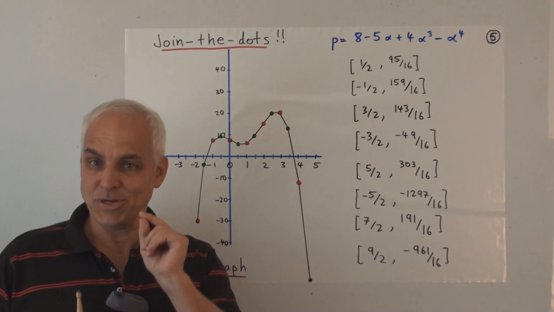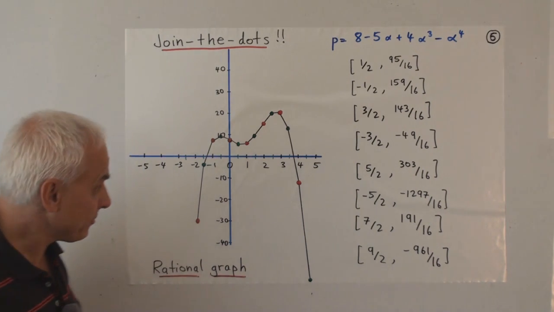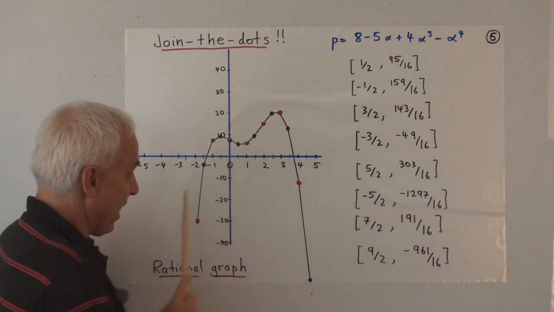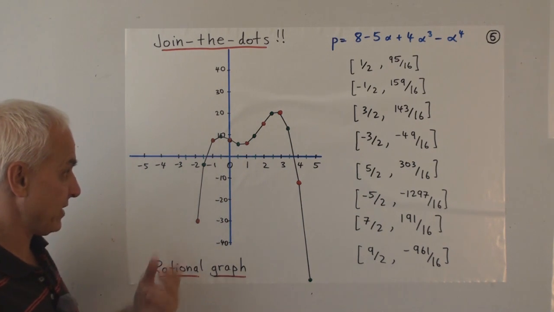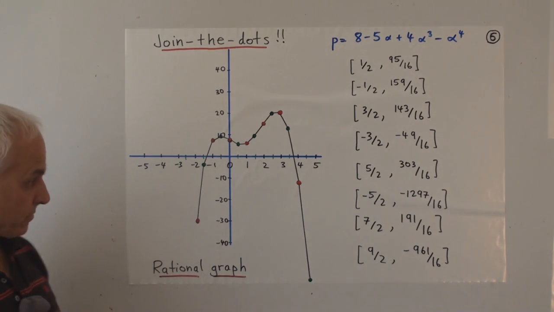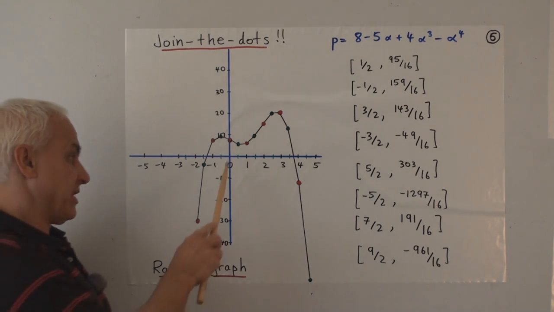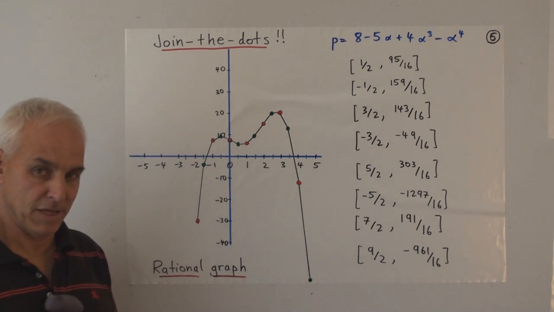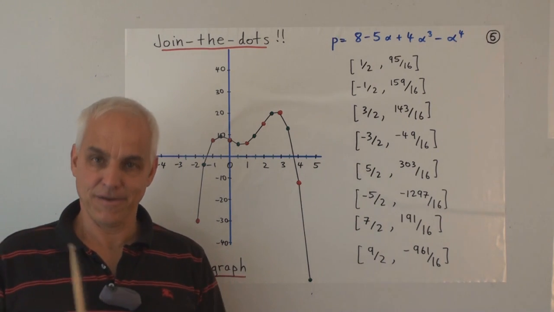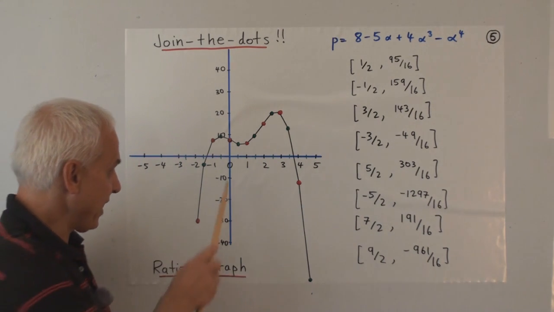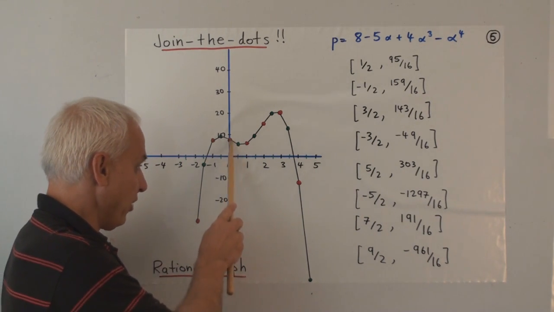There's another way in which we don't get the whole picture, because we've only subdivided each one of these intervals into, in this case, two pieces. Now I could come along and say, well, I'm going to do a better job. I'm going to subdivide each one of these intervals into, say, 10 pieces. So I could calculate 10 different values and plot them all.